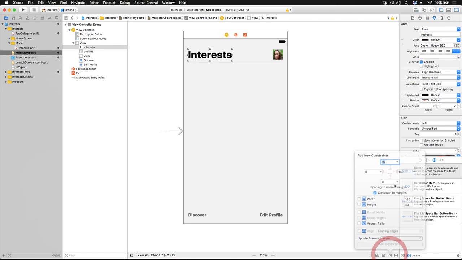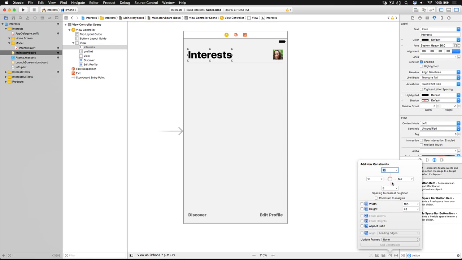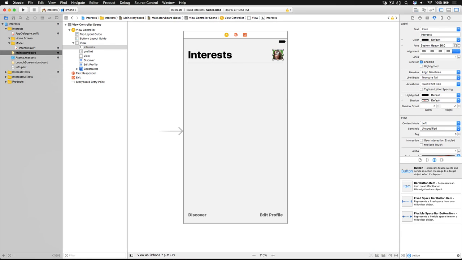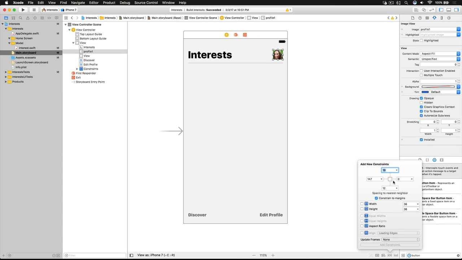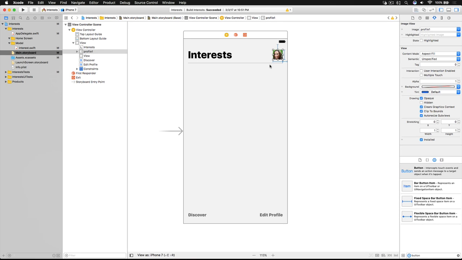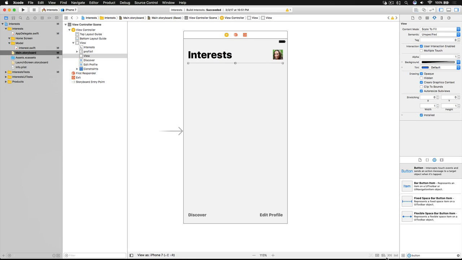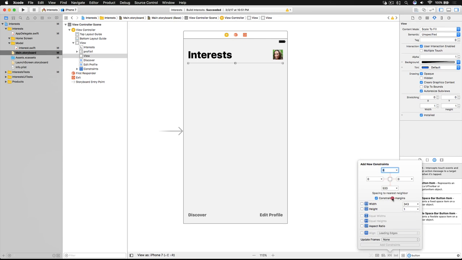We have the interest, so uncheck the constraint to margin. We have top and left like that, right? And this image too, so let's have this thing, uncheck the constraint to margin, top, left, and width and height, because it is an image, right? And then this view over there, so let's have that thing, uncheck the constraint to margin, top, left and right, and also the height. You don't need to do the width, because if you do the width, it can be